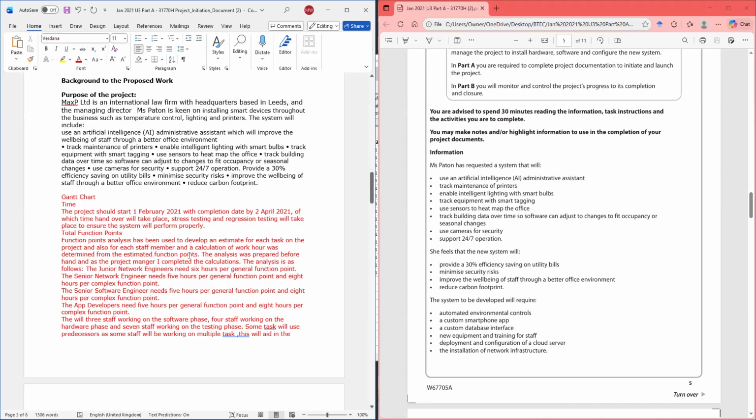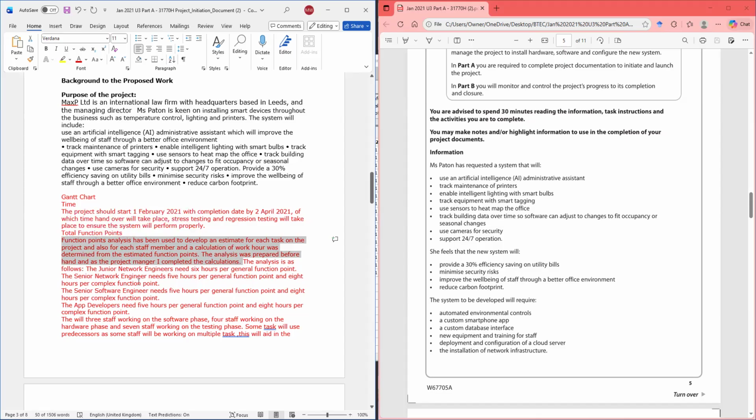And a calculation of the work hours will be determined from the estimated functions. That's what we did on the Excel sheet. So we're telling what we did on the Excel sheet, how we did it, to get the work hours. This analysis was prepared beforehand, and as a project manager, I completed the calculation. We did all of this section on the Excel sheet. So we're going to tell them that we did that.